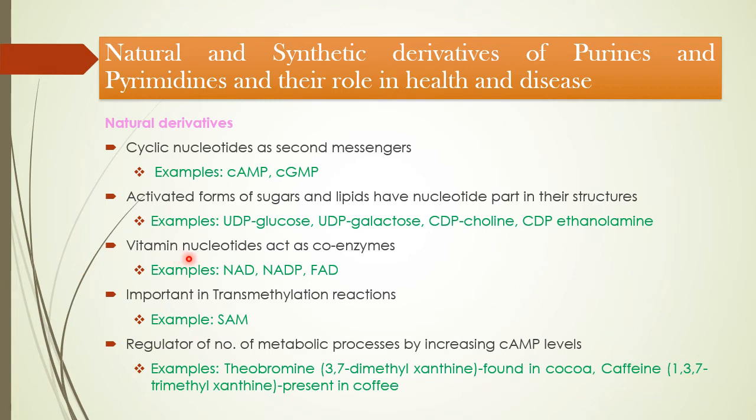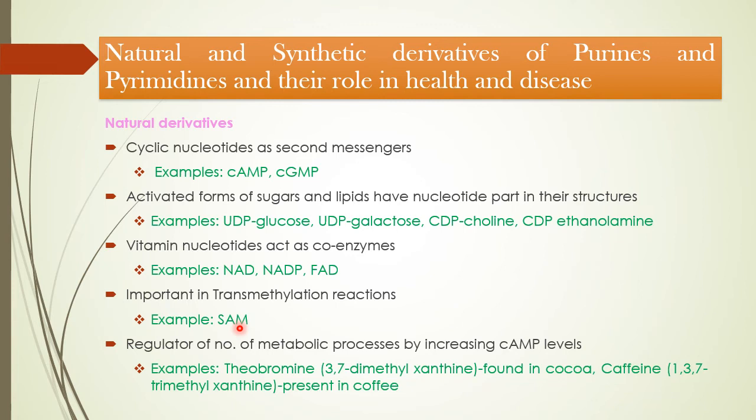Nucleotides in the form of vitamins may act as coenzymes, and you are much familiar with these examples like NAD, NADP, FAD. These are involved in oxidation reduction reactions and in many metabolic pathways. Then there are some derivatives which are important in catalyzing transmethylation reactions where there is a need of transfer of methyl group from one to another. For example, S-adenosylmethionine, which is also called SAM, and this is involved in a number of reactions that are involved in